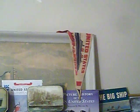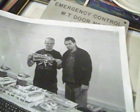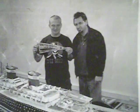I met a good friend of mine, and right here's a picture. My good friend Russ Willoughby. That's a picture of me and him together with the model, and you can see I am holding the pennant, which you see right up there. Well, he gave that to me along with a whole bunch of other items, and it was because of this gentleman here. He opened my eyes to the world of collecting ocean liner memorabilia,